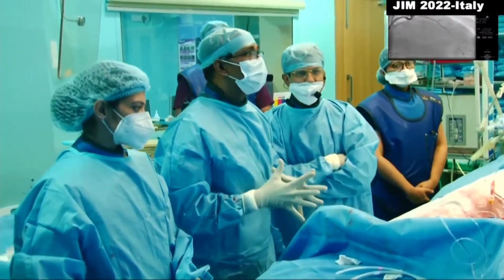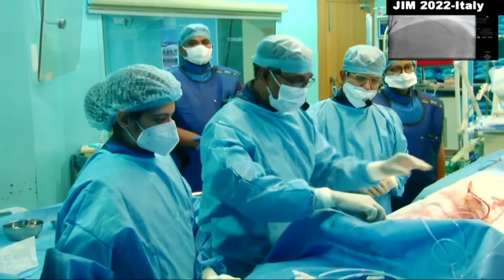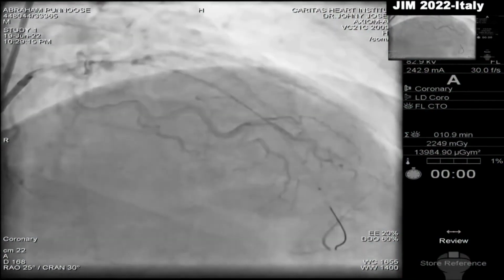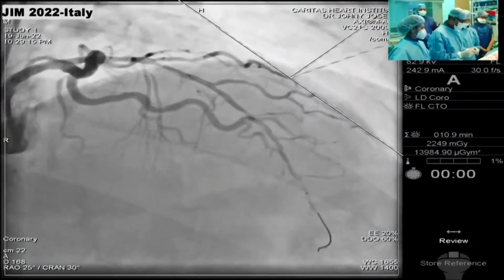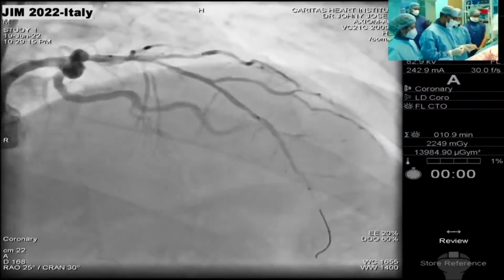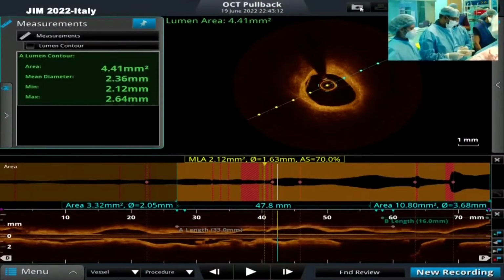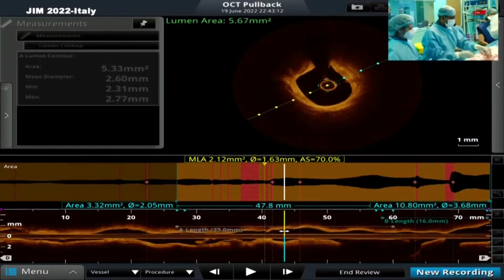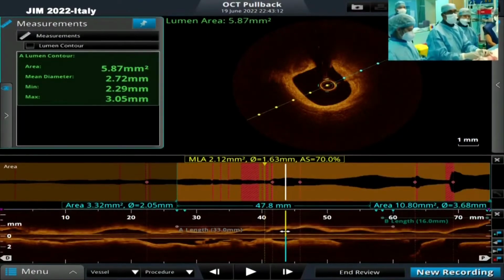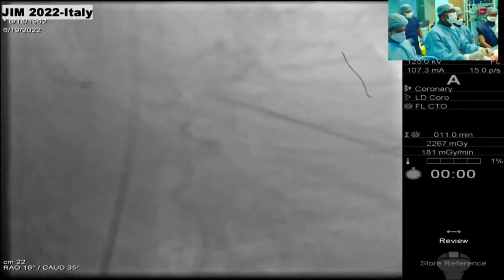It is predominantly a mixture of superficial and deep calcium, and there are a few areas of lipid also seen there. There is no concentric calcium there. So the main implication is you may not require a special device like IVL or rota for this. You can crack it with an NC balloon. Maximum, probably you can go for a scoring or a cutting balloon, if there is no lumen gain. But most of the time, such calcium can be treated with NC balloon dilatation,